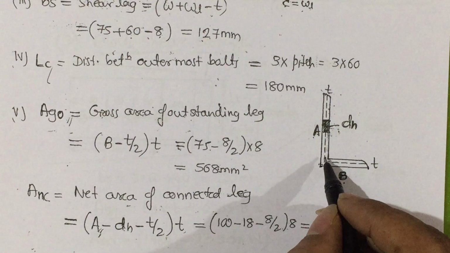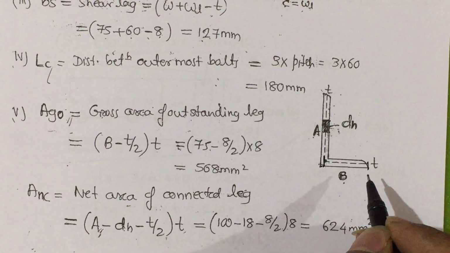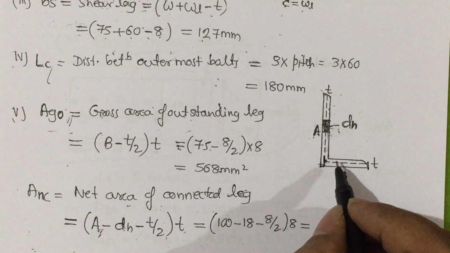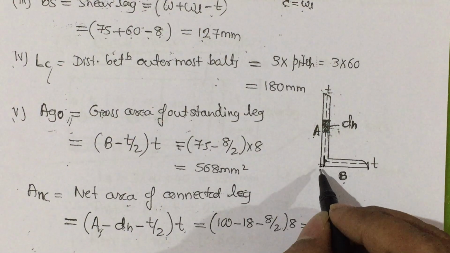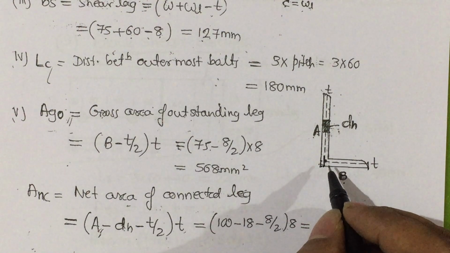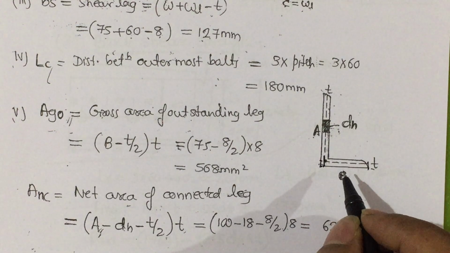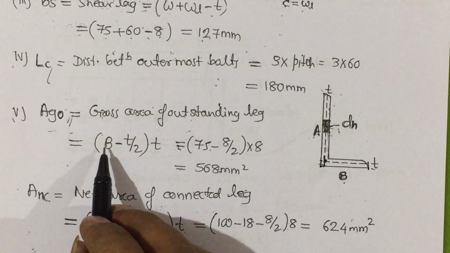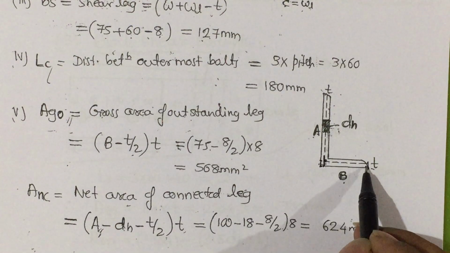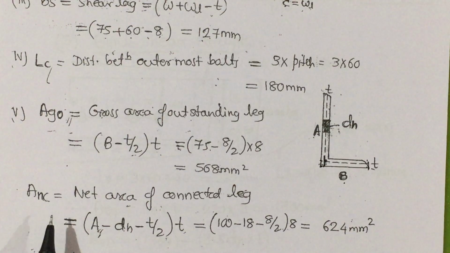We need the gross area, which means from the center, from ear to ear. So how much will it be? We need only the gross area, so it looks like a rectangle. From the total length we need to deduct half of the thickness. So from the total length I deducted half of the thickness, I got the length, then multiplied by thickness I will get the area. Understood?